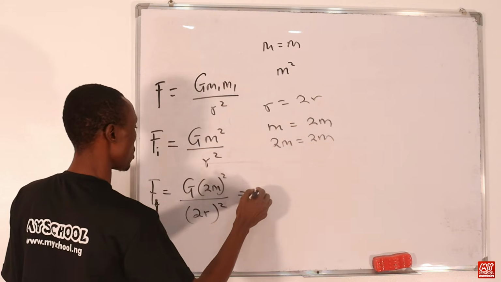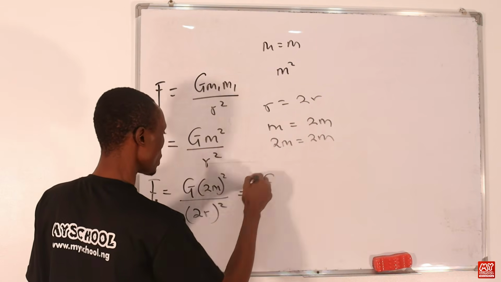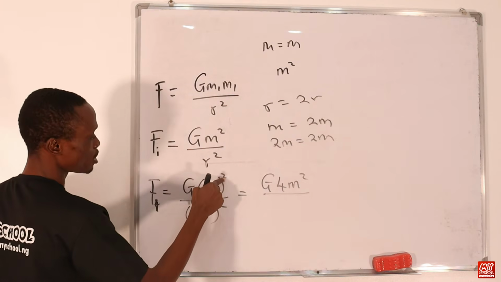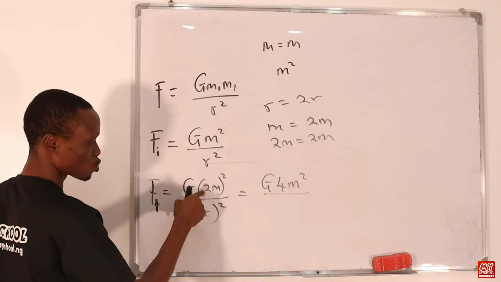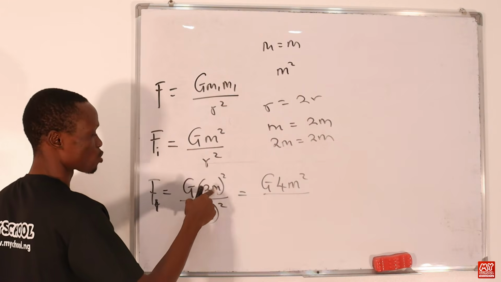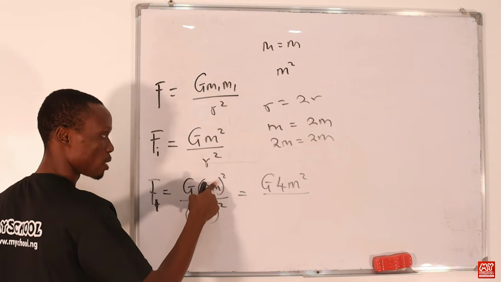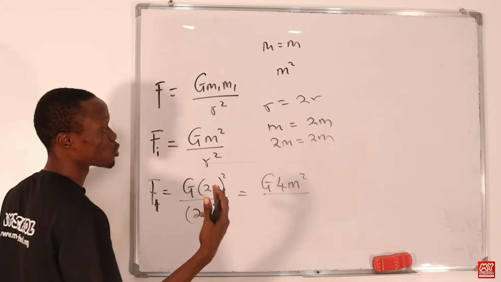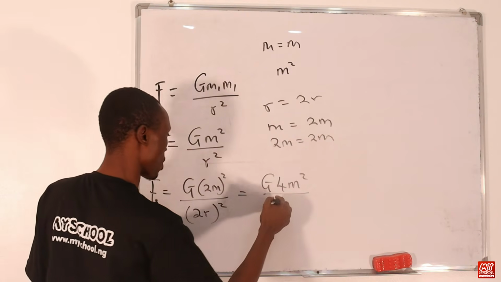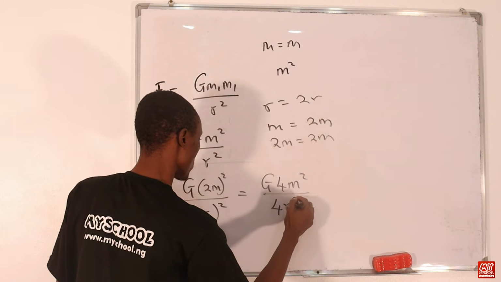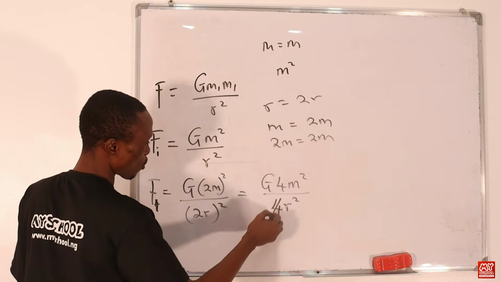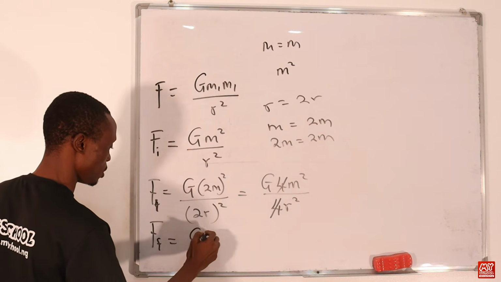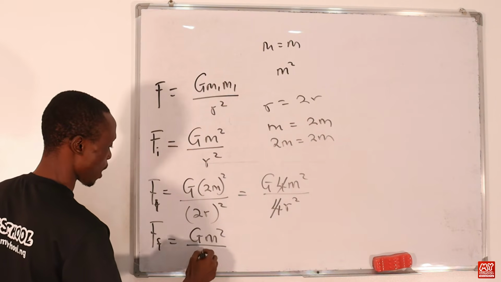right? So here we'll be having G, then 4m squared all over, because this 2 is affecting everything inside this bracket. So this will be 2 squared and m squared. So 2 squared is 4 and m squared is m raised to power 2. Then here is still the same, we'll be having 4 r squared, right? So we cancel out 4. So at the end of the day, the final force is equal to G m squared all over r squared,